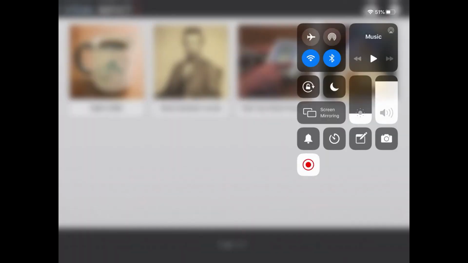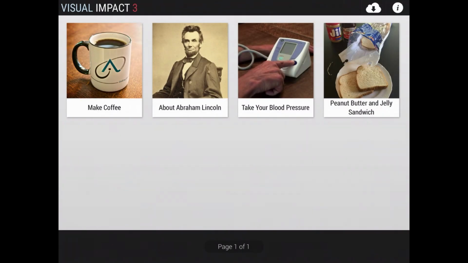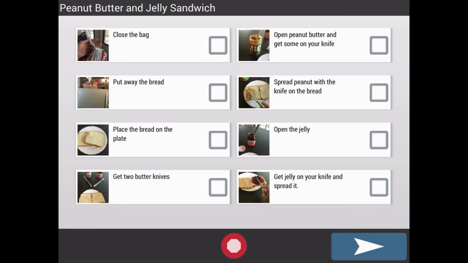Okay, I now want to go back in and show you the same sequence set up as a checklist. So I'm going to press the icon twice, and it goes into a checklist of the tasks that we've recorded for the process of making a peanut butter and jelly sandwich. So close the bag with the twist tie. I can choose something to listen to, read the instructions, and then once I'm done with it, I can check the item off. And I can go through them one at a time, or I can go out of order,